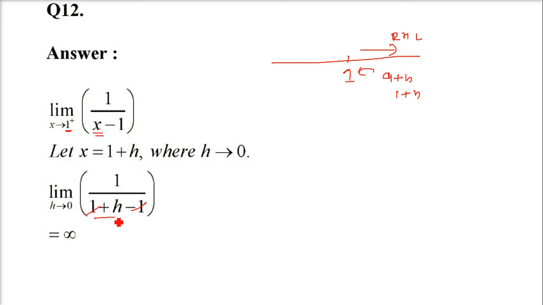You have 1 by h, that is infinity. And as I said, infinity is a value, a number, but that number we don't know. It is a very huge number. Even if you come with any number, I'll just add 1 and say here is the highest number now. So infinity is a symbol to show the highest number. It is not undefined, it is a number, but the problem is we don't know that number. Infinity is the symbol to show that.